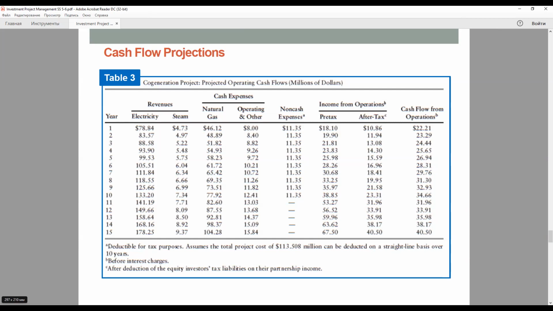So that is a characteristic feature of project finance, when you have to prepare soundly and in detail not only the cash flow statement form, but also the balance sheet form and the income form.